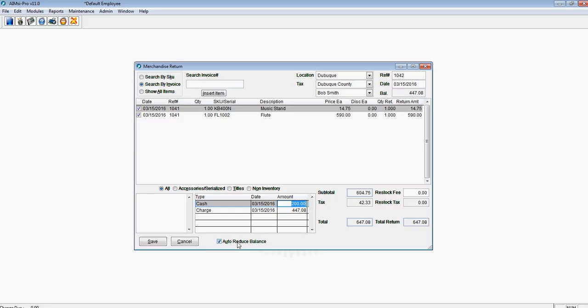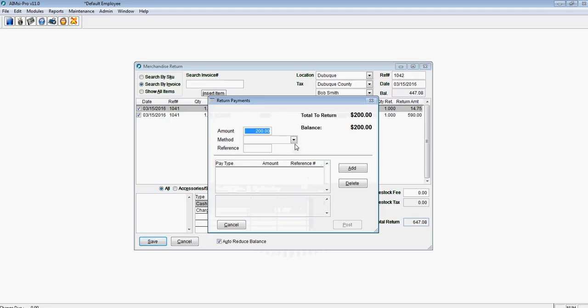Since I have auto reduce invoice balance selected, it will automatically apply the remaining $447 as a credit and alleviate that open charge sale. If I did not have this checked, then it would ask how do I want to refund the $447, in which case we should choose credit invoice, and then you would have to go in and apply that credit to the debit. So since we're checking this, it's the easiest. As I hit save, then it's going to ask how do I want to return this $200. We're choosing cash and posting,